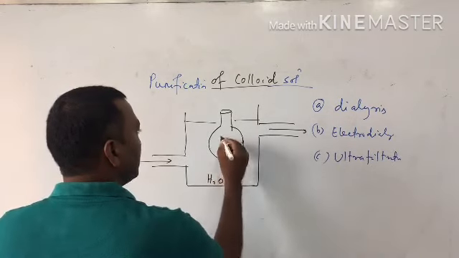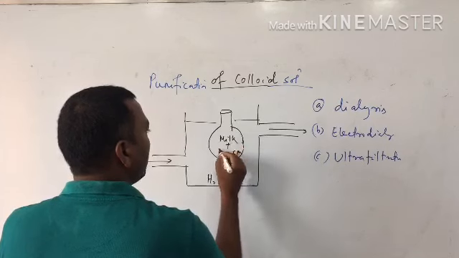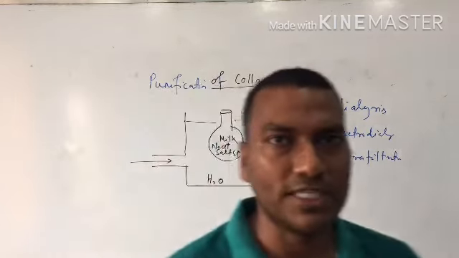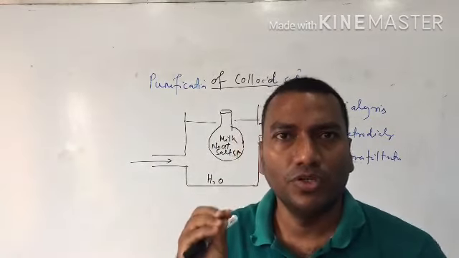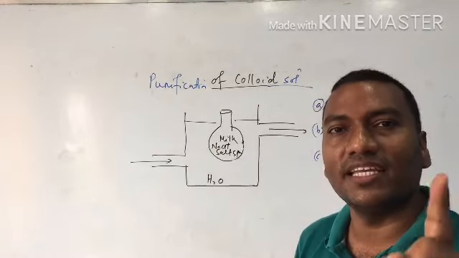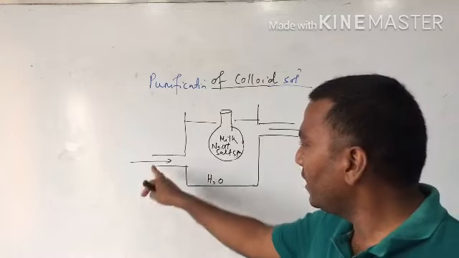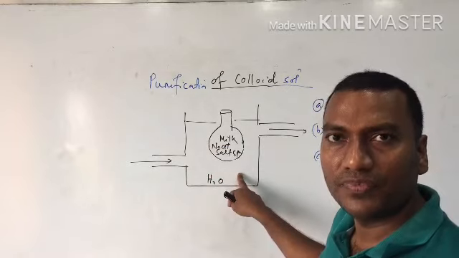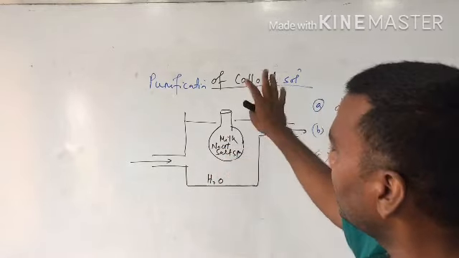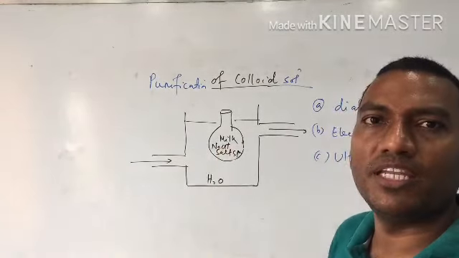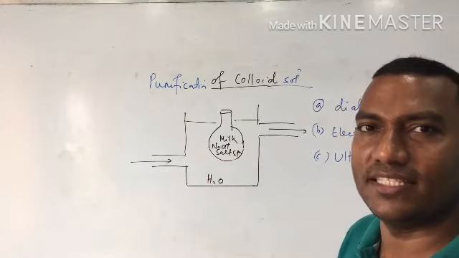Inside this container is milk plus salt. Salt means sodium chloride. When the water flows, in the solution chapter we have read about the SPM. It can allow the Na+ and Cl- ions because their particle size is very small. So when the water flows, both the Na+ and Cl- ions will come into the water, and the milk will remain inside the SPM container. But this process is very slow. This process is known as dialysis.